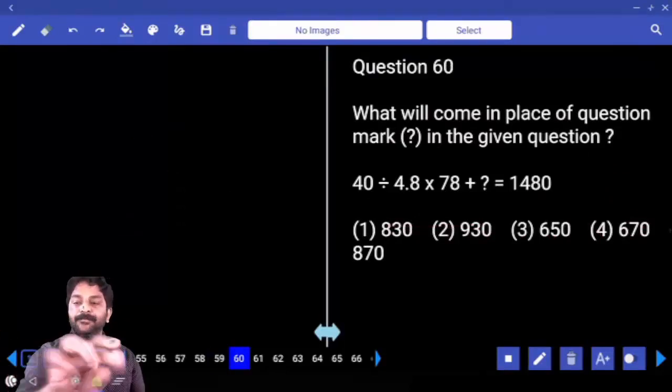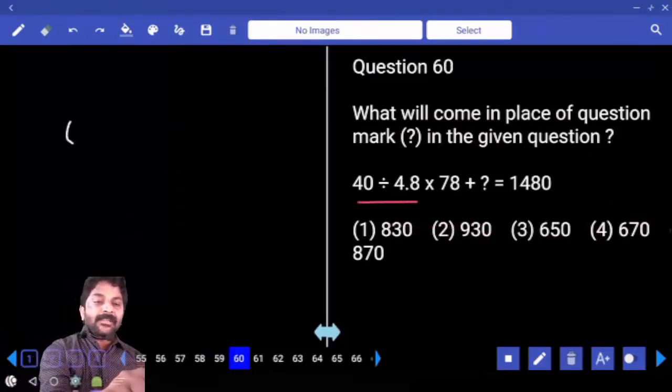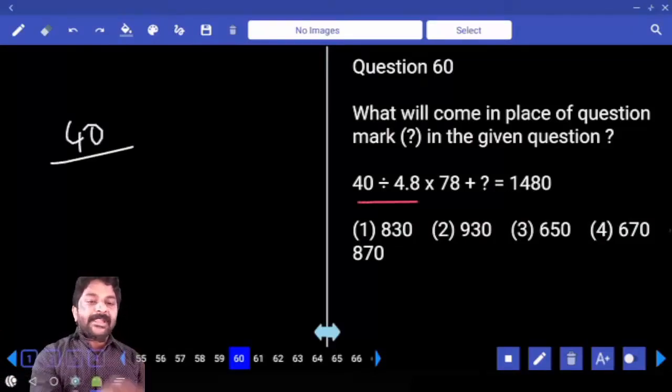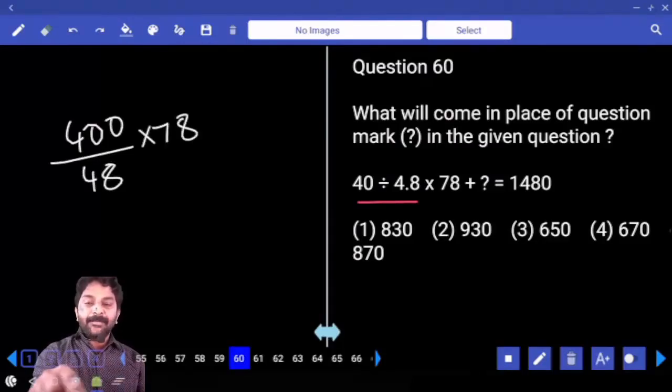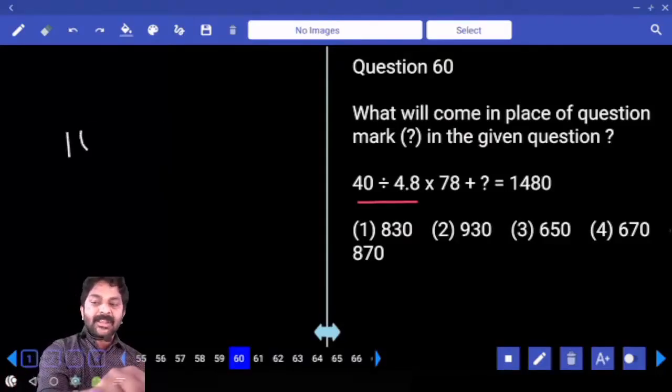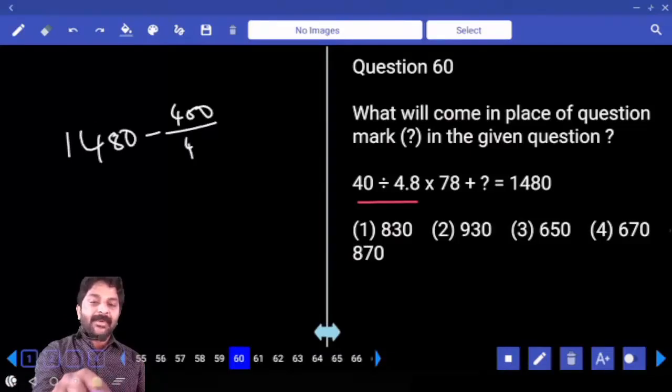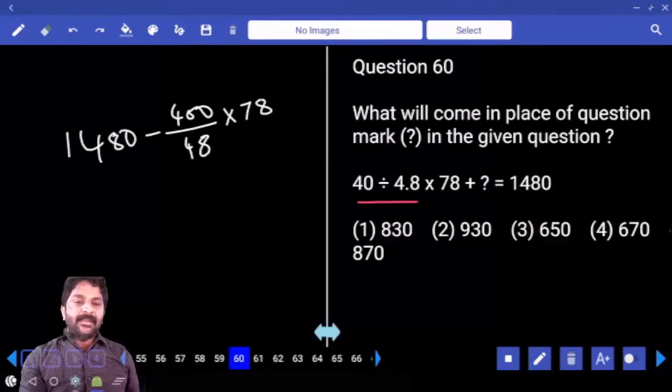Right. So now 40 divided by 4.8. Can I write it as 48 by 10? That comes to numerator into 78. Okay. Plus x. When this value goes to right hand side, it becomes minus only. So I'll write like this. 1480 minus 400 divided by 48 into 78. Okay. Right now